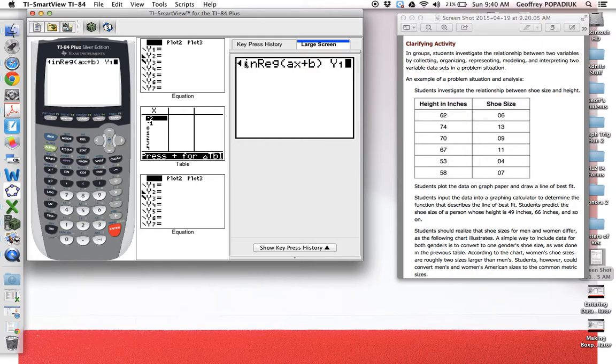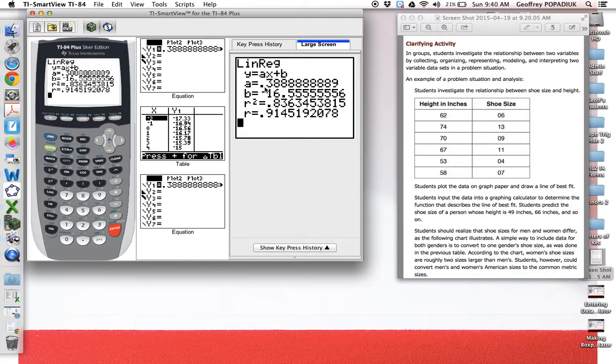So now, what this is telling the calculator to do is do linear regression and put the equation that you get in y1. And by the way, the calculator is going to default to using list 1 as the x's and list 2 as the y's. And so we're not even going to tell the calculator that. Some of you might have newer software that asks for that, but that's the default. Okay, and so if you always put your x values in list 1 and your y values in list 2, you don't have to worry about anything. Right? So I'm going to hit enter,